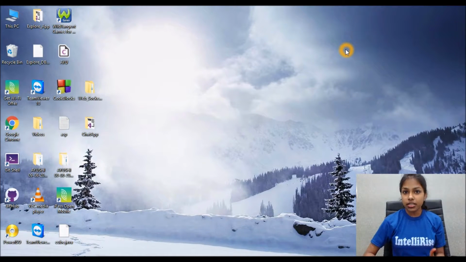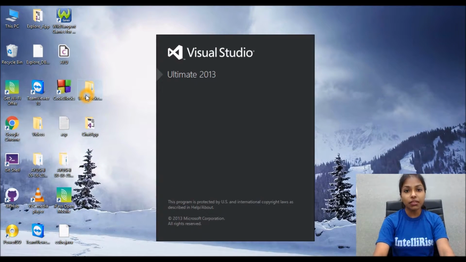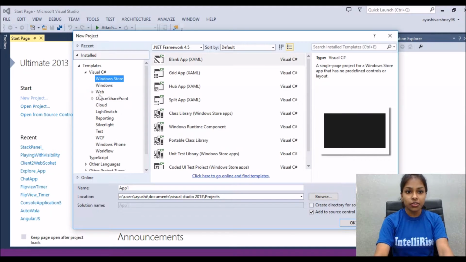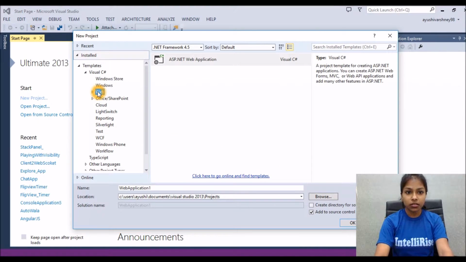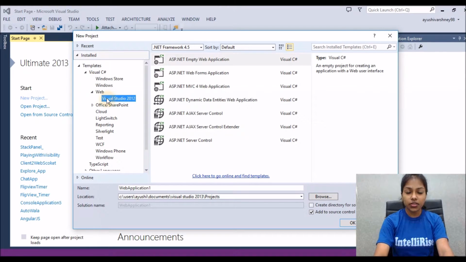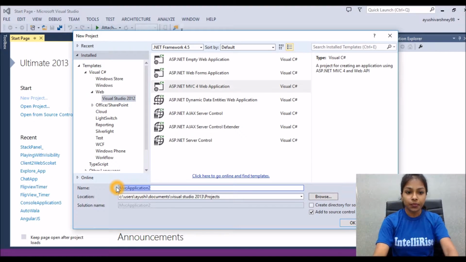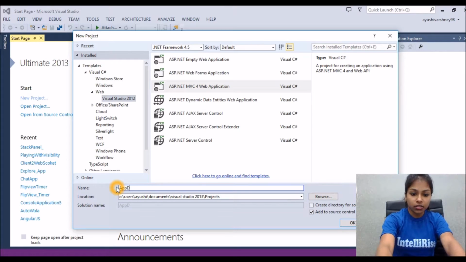After that, we'll be integrating this database with the API. So we'll open Visual Studio and create a new project, and we'll navigate to the web, then Visual Studio 2012, and we'll select the ASP.NET MVC4 web application, and let's change the name, let's say app dynamic.